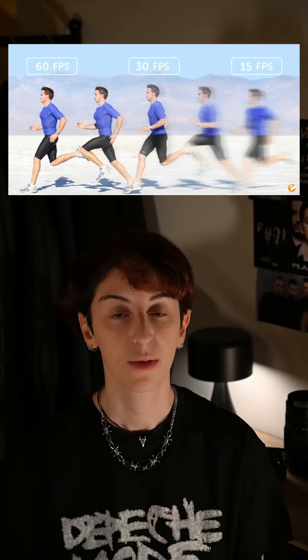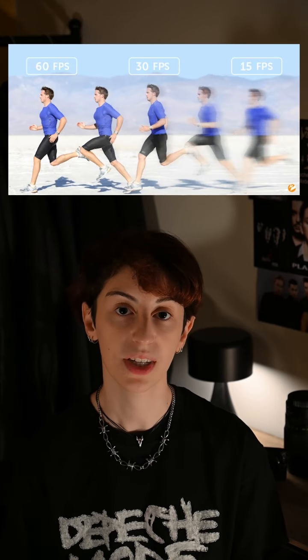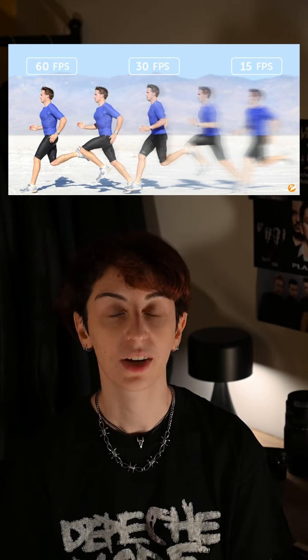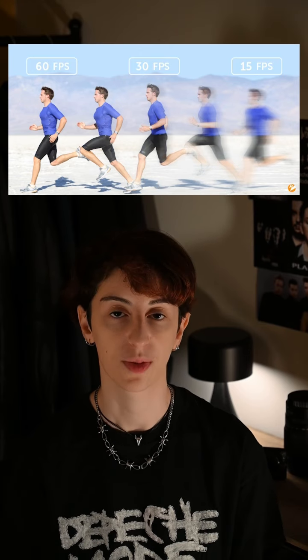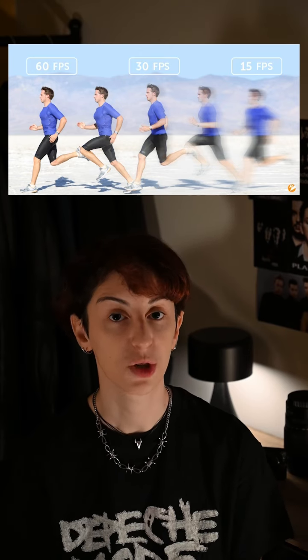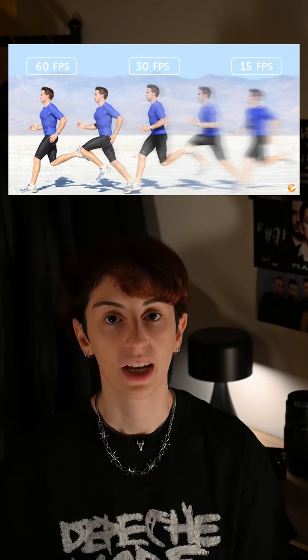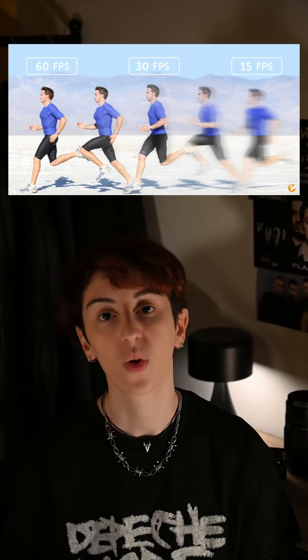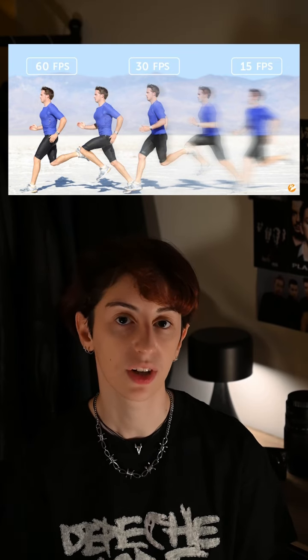Higher frame rates are not just for slow motion. They also affect the motion blur that your footage comes with. For example, a higher number of frames per second freezes motion, and it creates sharper motion with less motion blur. This is very often used for sports or car videography. If you have any sort of races and you want to make sure that every detail is captured to fractions of a second,